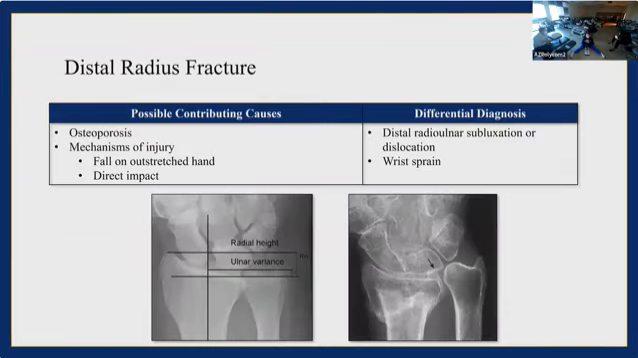Contributing causes: maybe someone with osteoporosis, right? An elderly individual who falls. But this is always a trauma. So it's a fall on an outstretched hand, or it might be direct impact, or a crushing injury or something like that. Your differential diagnoses include a distal radioulnar subluxation or dislocation, or a wrist sprain. Could also throw in there ulnar fracture, but the ulna is not the main weight-bearing source of the distal forearm. It's the radius. Harder to fracture the distal ulna unless